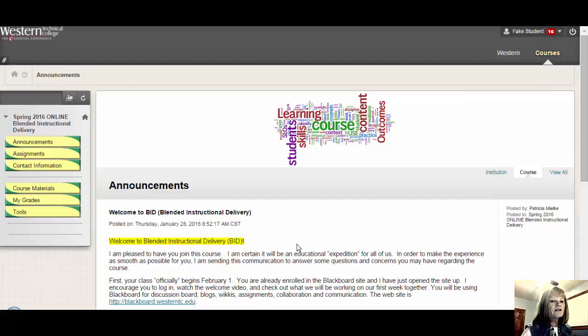So in this particular video, I'm going to walk through all of these different buttons. I'm going to share with you due dates, those types of things as well. On the first page, the announcements, I want to bring your attention to this right here, Welcome to Blended Instructional Delivery. I've highlighted that in yellow because according to the Universal Design Standards, screen readers will say